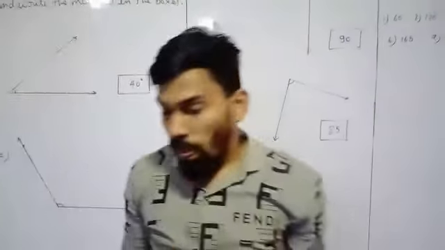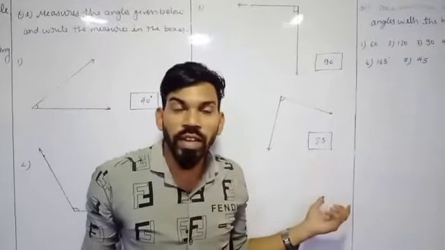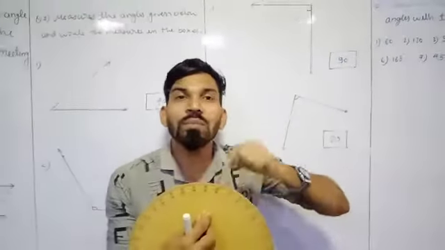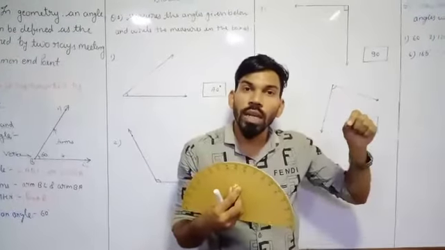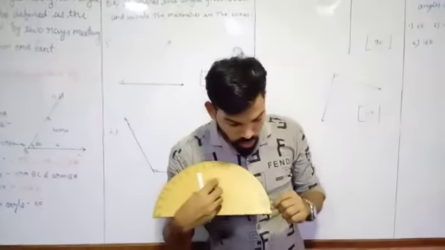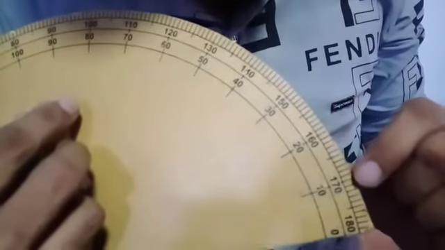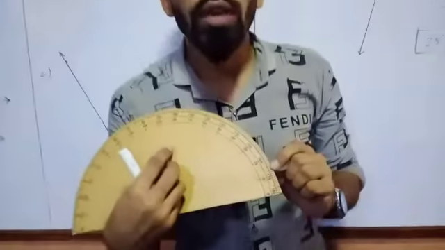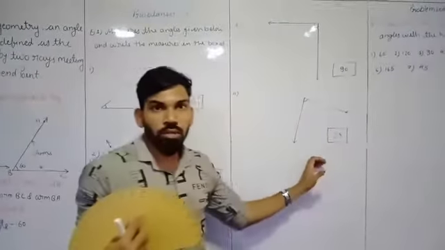Means whenever we have such kinds of the thing, measurement of an angle, we have small lines between that. Means 0 to 10 we have 10 small lines. Suppose we want to draw 14 degrees, so we have to count from here 0, 1, 2, 3, 4, 5, 6, 7, 8, 9, 10, 11, 12, 13 and 14. This way we are going to count it. And this is the one kind of the sums.